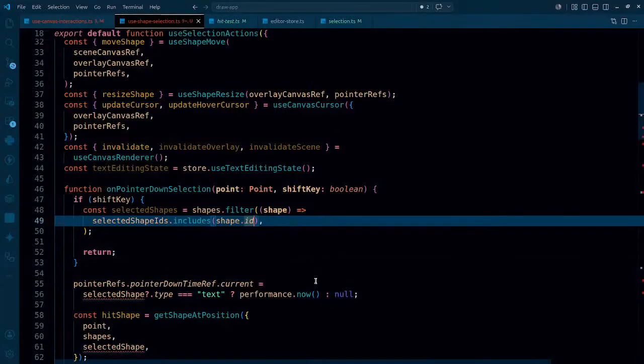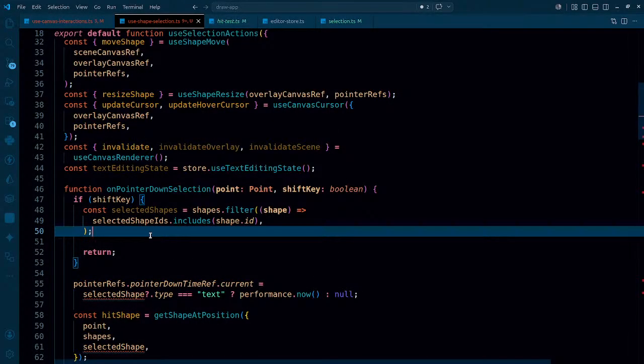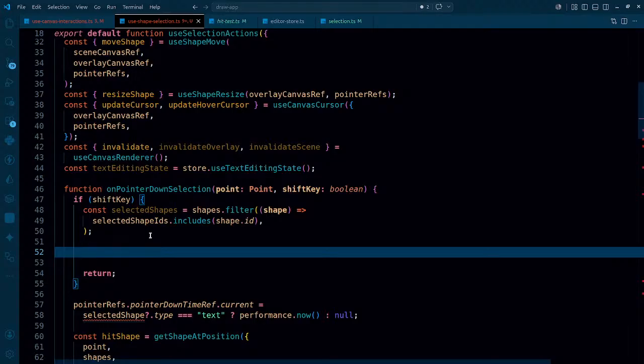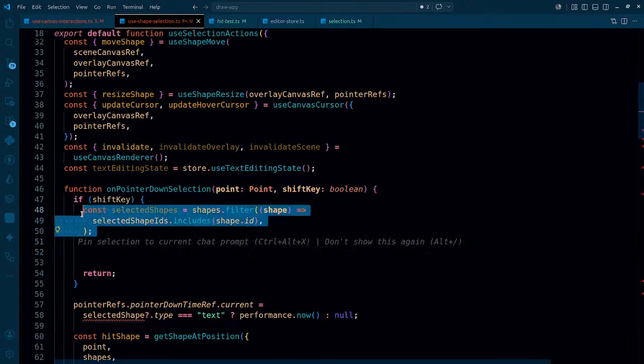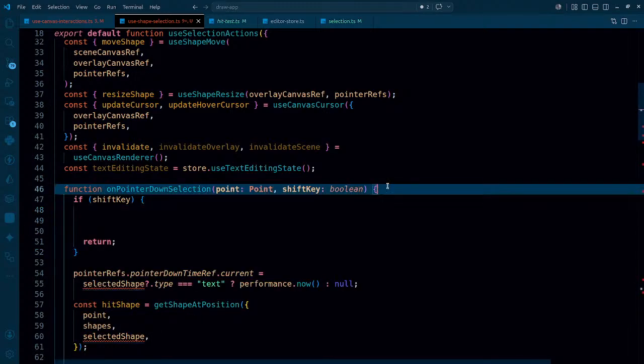Hopefully it's going to be alright. Coming back to this, so we got all the selected shapes. Once we got all the selected shapes, what's the next thing? As soon as I click down, I already have all the selected shapes. They are the previous ones, not this current one. So this selected shape logic should actually belong to the